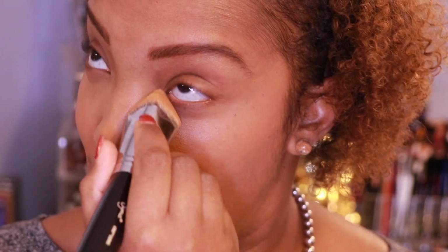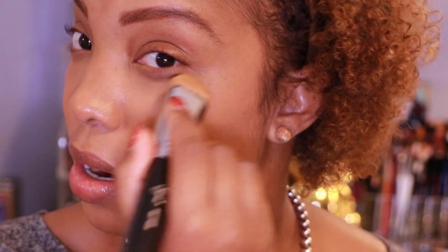So I'm getting used to the application of it and how it looks, but I think it does all mesh well together. But when you first look at the concealer, you're like, wait, it's a lot thicker in consistency than the foundation. So you're like, is this going to mesh well together? But overall, it does. And I did not pick up a shade for contour because I usually like to contour with some bronzer if I do a contour. So I just picked up the shade